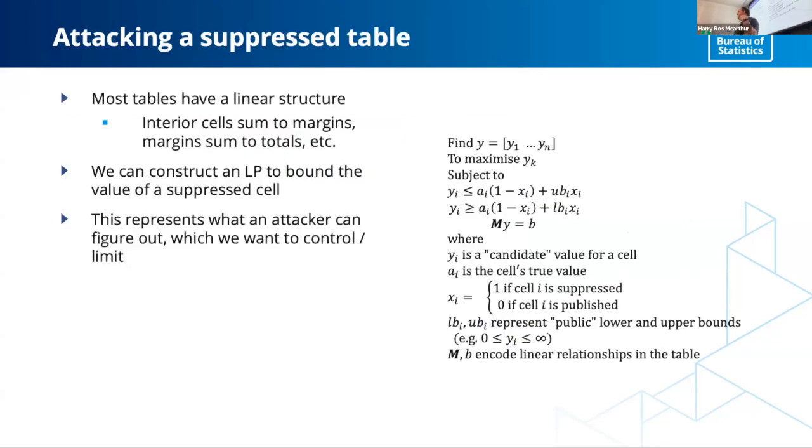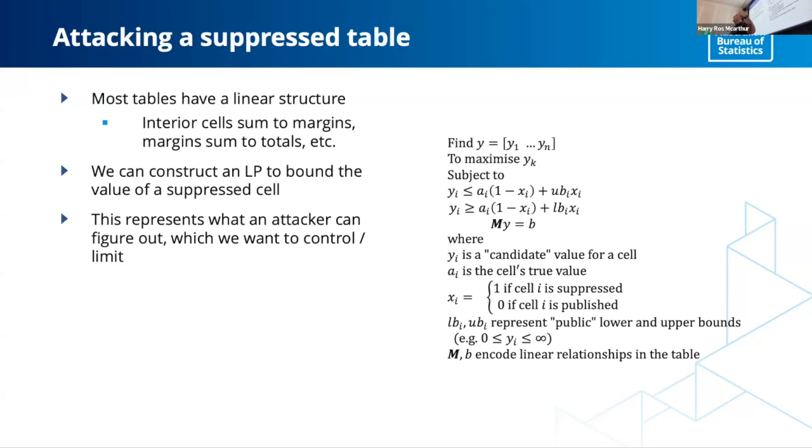So there's a couple of directions we can approach this problem, and one side is what if I'm actually looking at this table with suppressions in it, and I'm the person who wants to know what's behind that NP, what's the actual number under there. And one way to do that is with a linear programming problem. Because the tables add up, and for the most part, most ABS tables, no matter how complicated they are, the basic structure is linear relationships. So linear programming seems to be a good idea.